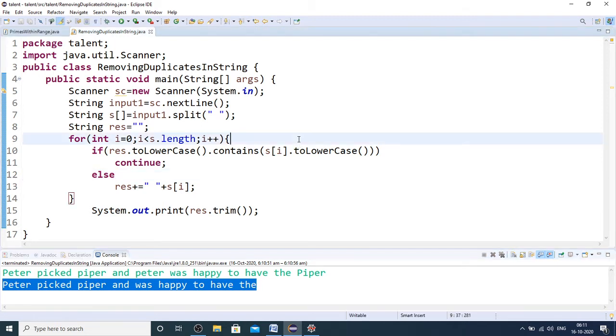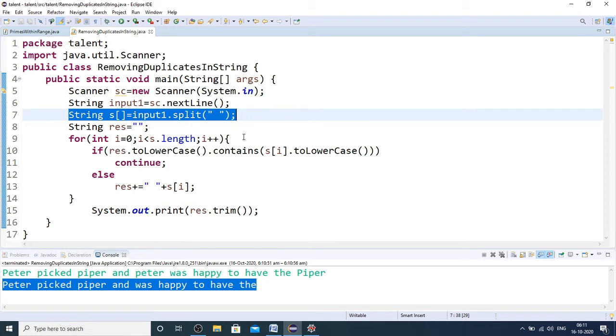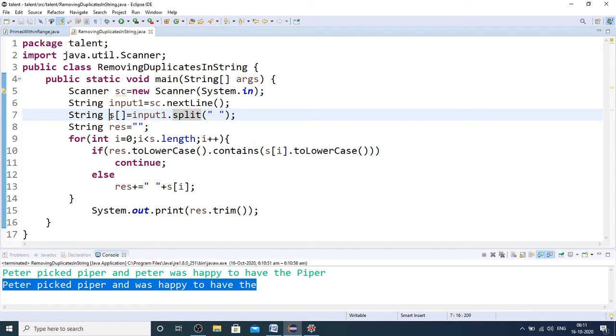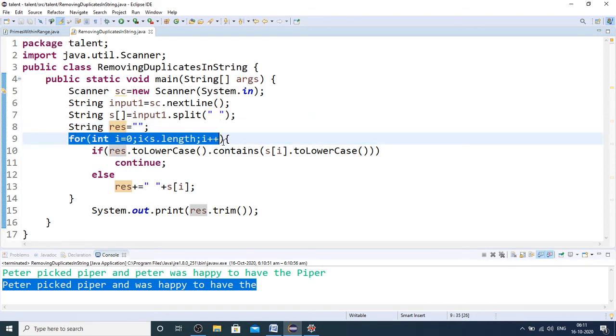So coming to the code, you are going to start writing from line 7, because we are not going to read any input in the placement exam. So what I am doing is, whatever the given single line of text is there, first I am splitting that single line of text into words. So that's what this S array is used here, and result is an empty string. And then I am running this for loop as long as the S array exhausts. That means as long as we have words in the S array.